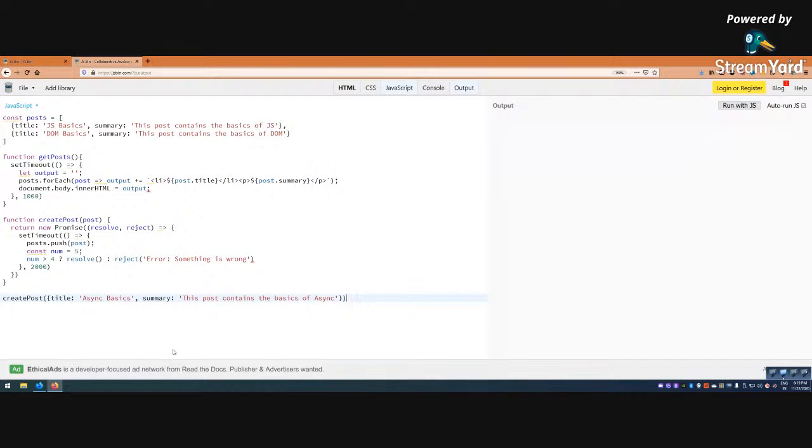And when you do the resolve, there should be something to catch it. So there are two things: one is the then statement and one is the catch statement. The then statement runs whenever there is a resolve, and whenever there is a reject, the catch will run. So dot then getPost, dot catch, or